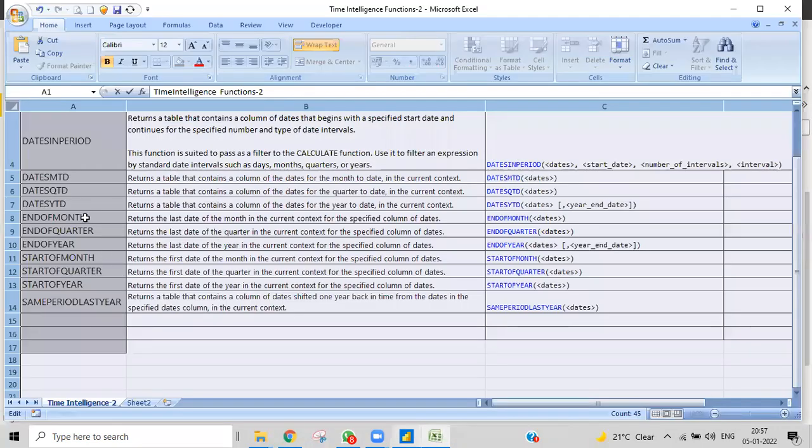In the same way you have end of quarter and end of year. Whenever we want to calculate the end of quarter for each and every date, obviously we'll use this one.